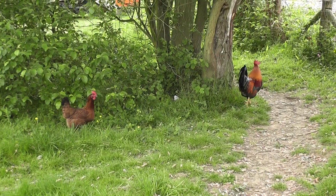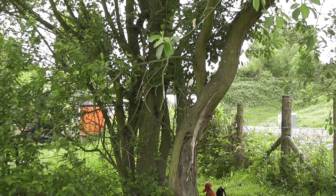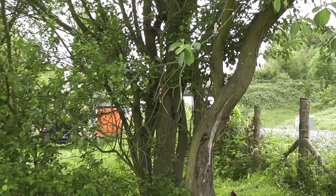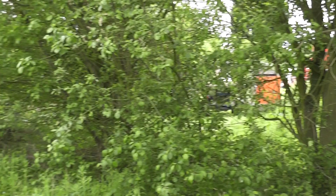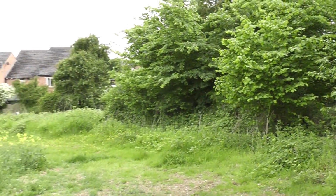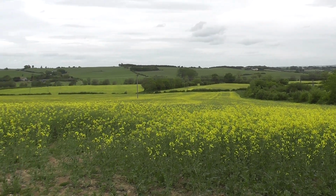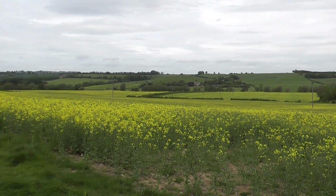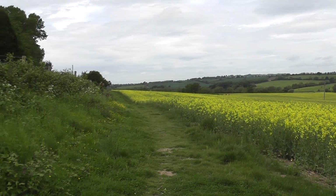Cock and his hen. Just turned right by the road bridge at Aston Magna. There are some works going on there, but they don't interfere with the walk. So, rape field, further views, just on the fringes of Aston Magna, right next to the railway line on my